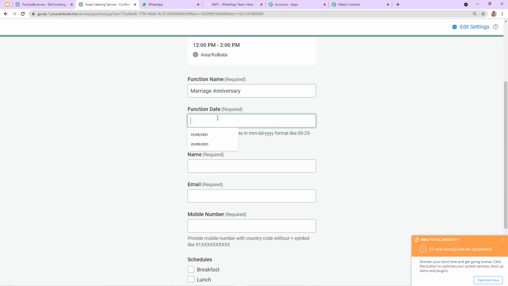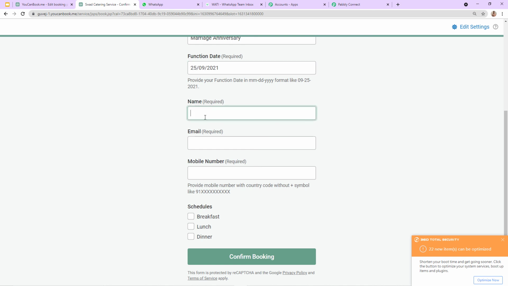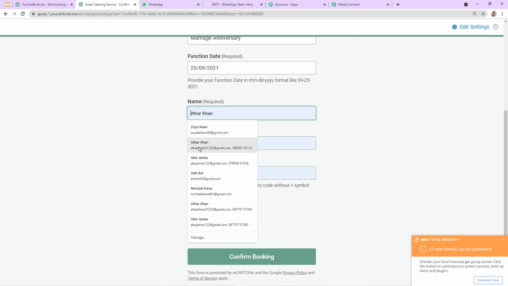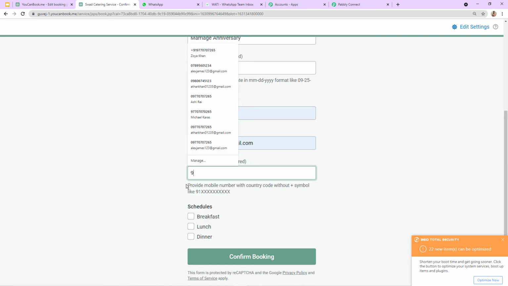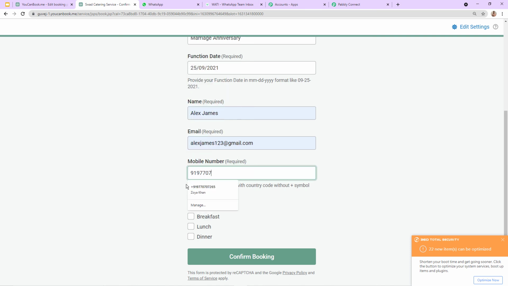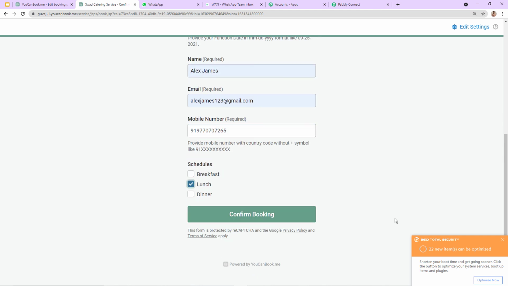Okay, now I'm going to provide the function date. So the function date, let's keep it as 25 of September 2021. Okay, now I'm going to provide the details. So the details are for Alex James. Okay, so here the name is Alex James. The email address, let me mention the phone number as well. Okay, now here you can see I'm going to keep it as lunch, and now I'm going to click on